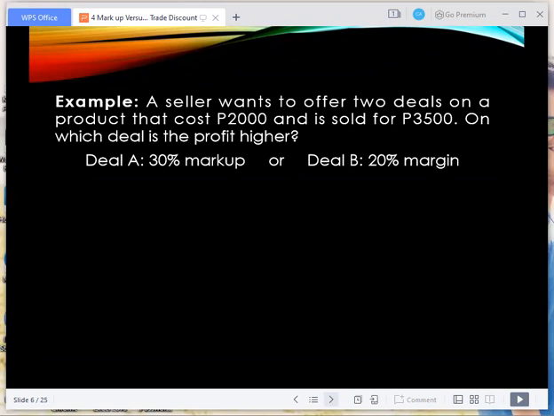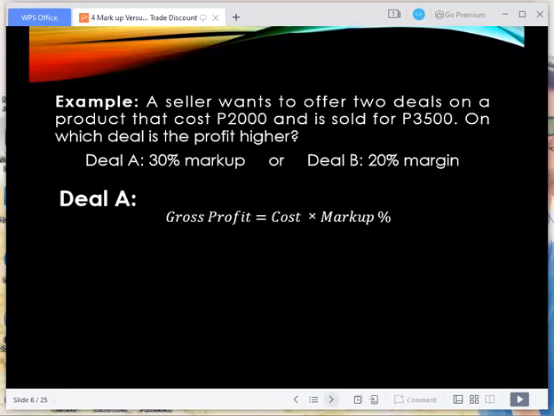That is the selling price minus the cost. So for deal A, the gross profit is equal to the cost multiplied by the markup percentage. Why is that? By definition earlier, markup percentage is equal to the gross profit over the cost. So multiplying both sides by the cost, that is why the gross profit is equal to the cost